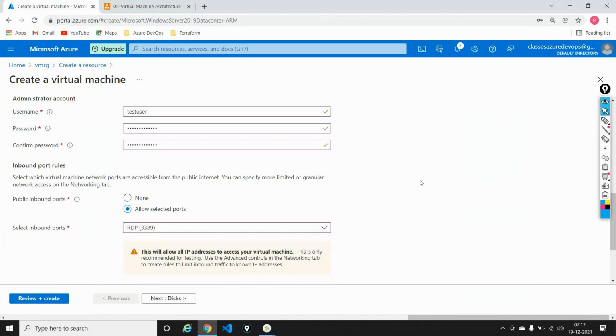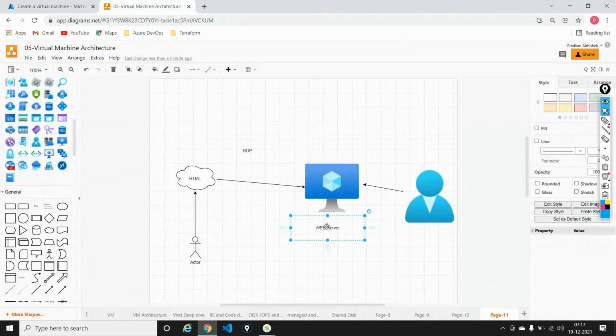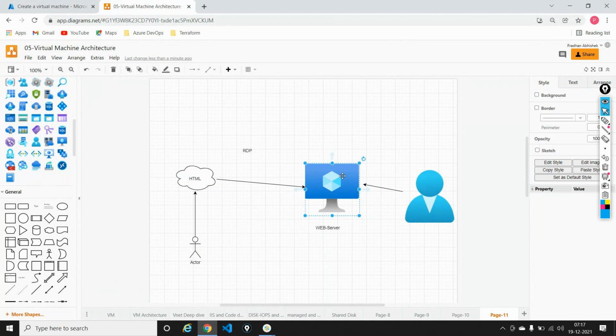And one very important thing, guys, is that we are now trying to convert this machine into a web server, meaning whichever HTML code the developer gives me should be downloaded on top of the server, and people like you and me should be able to see this code over the internet. To allow this machine to communicate with the entire world, I need to open up a port for a service called HTTP,